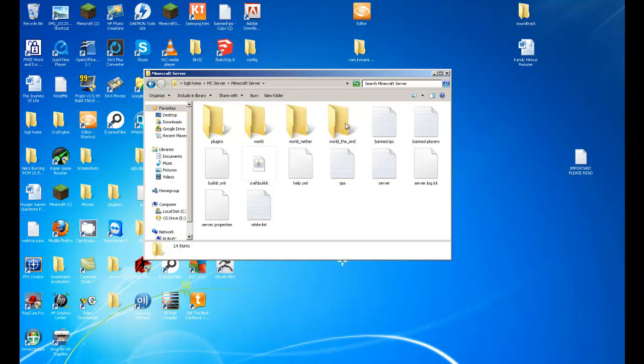Yeah, so when it's done, you should see everything that I have, and everything that I have you should have too. You should have the folder, the world, the nether, the end, and everything else that you see in here. So what you want to do right now is go into server properties,